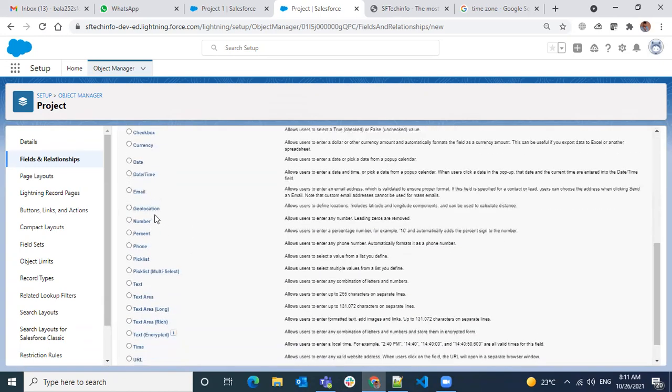So you have to observe things, to define location, latitude, longitude components, and it can be used to calculate the distance. Okay, even you can use these fields to calculate the distances.